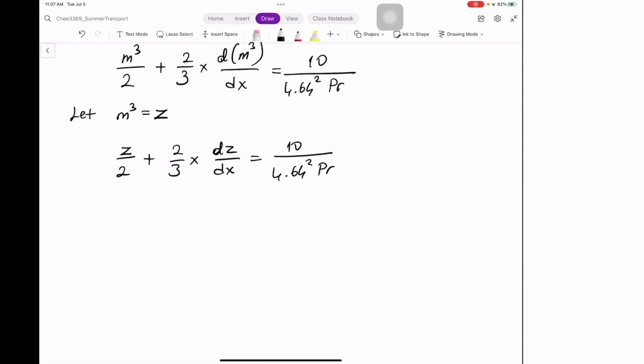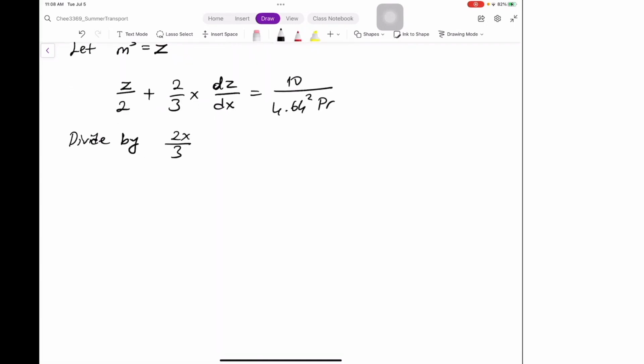Now let's divide by 2x over 3. Get rid of this. And dz over dx is isolated. Plus you get 3 over 4x is equal to 3